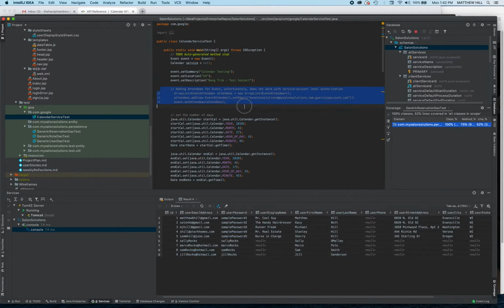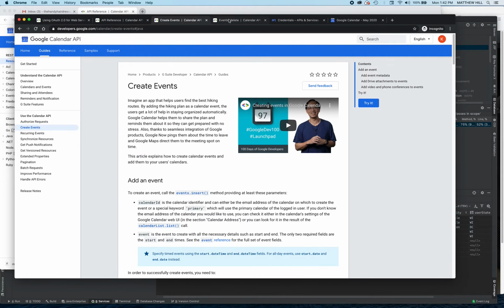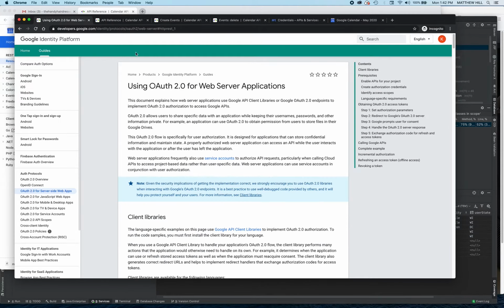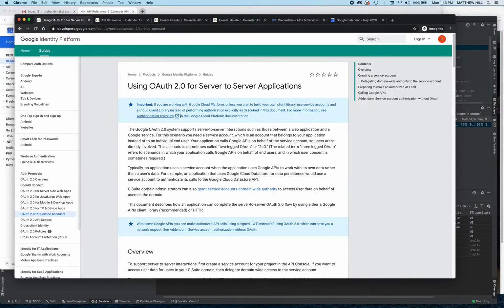I had wanted to originally get attendees to be addable or subtractable, and unfortunately the level of OAuth that I've been able to achieve with Google is a service account, which means if I go to using OAuth for web server applications, there's different levels of authorization, and one of them that they had recommended was using a service account. But I've come to find out, unfortunately, that unless you have your domain located as part of a G Suite domain,